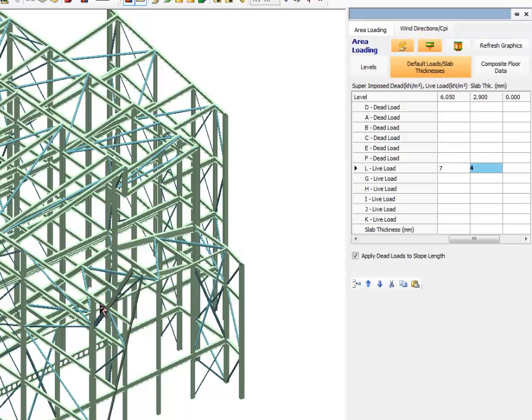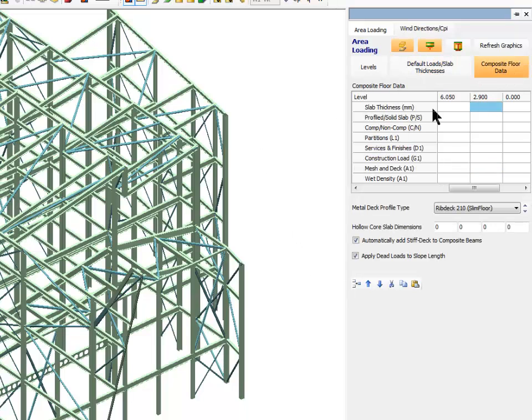So we're now going to put in some composite floors, and we go to our composite data, and we'll say that here at the first floor, the 2.9 meters up, we'll leave everything the same, but we'll go for a profile slab. It's going to be C for composite, and we're going to go for 1 for partitions,